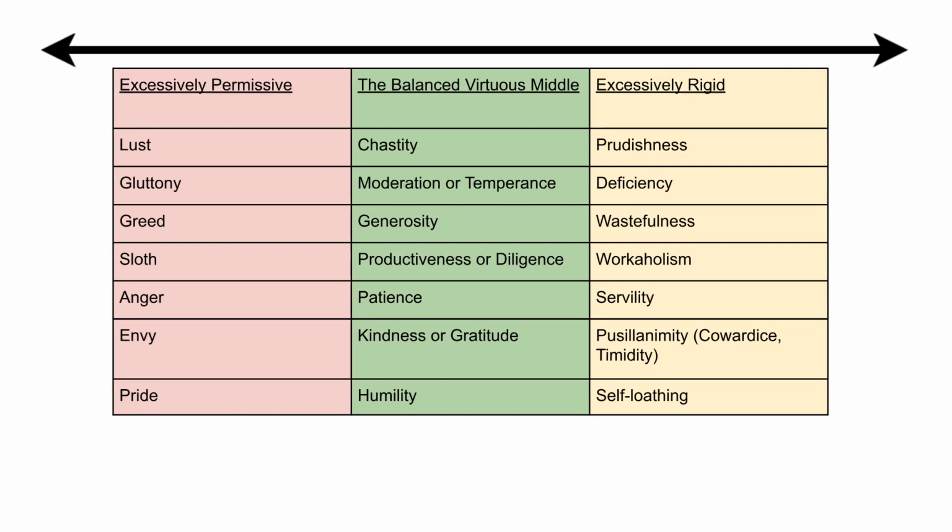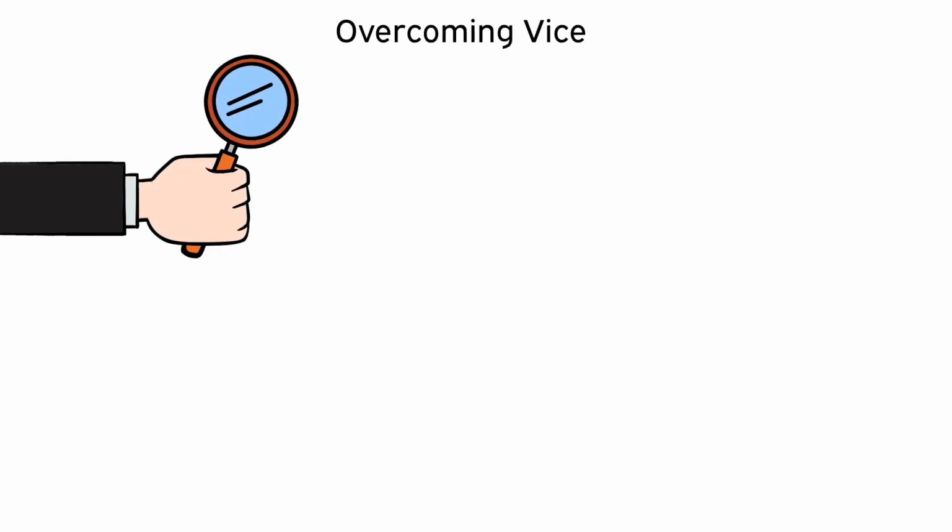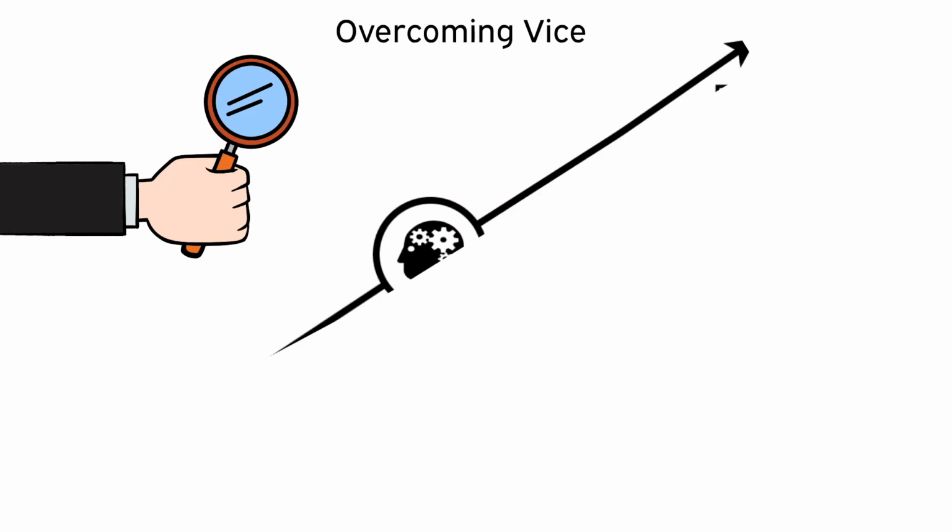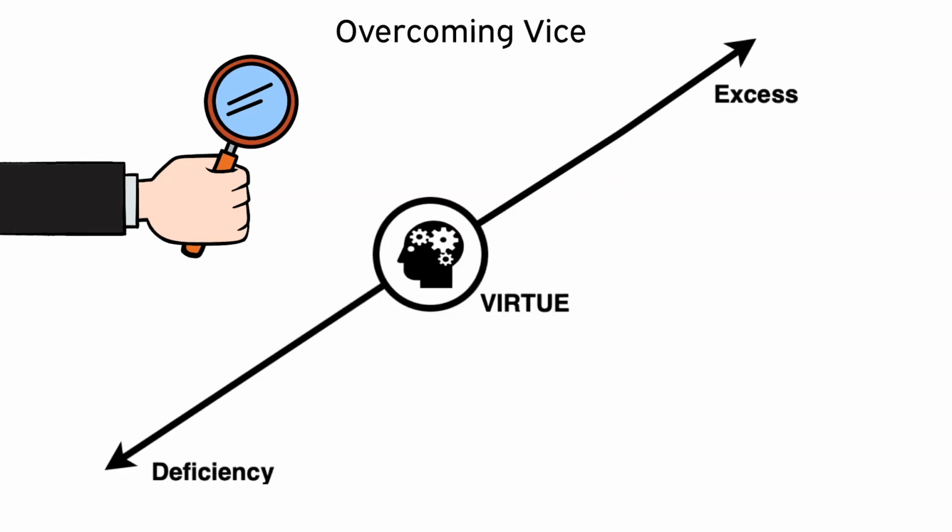So those were the models of the 7 deadly sins and the 7 heavenly virtues composed according to the format of Aristotle's golden mean. But how can we apply it in our lives? If we want to overcome a vice, we should study what it is and determine its essence and its true boundaries on a continuum. Then we can seek the virtuous middle ground by polarizing our habits towards the mean of virtue and away from each deficiency or excess on the extremities.